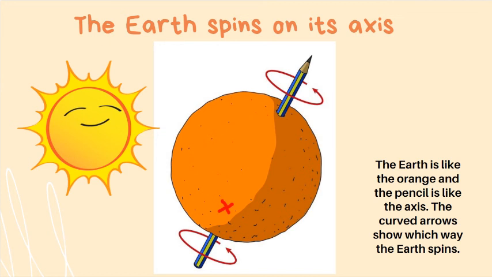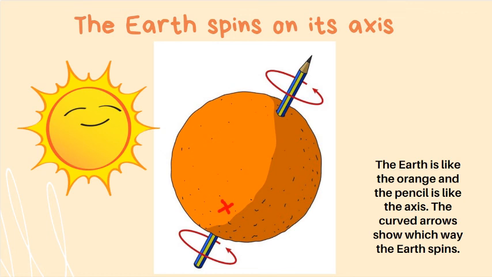The Earth does not really have a pencil through it, but it does spin around. We can imagine a big pencil through the middle of the Earth. We are on the Earth. Let us imagine we are at the point where you see the red X on the orange. The sun shines on the Earth, and so we at X see the sun. We call that daytime. But the Earth never stops spinning, so we at X move around into the shaded part of the Earth. Then we cannot see the sun any longer, and it is nighttime for us at X.